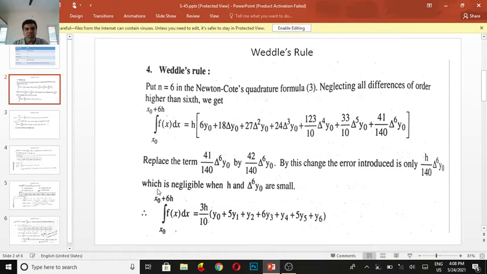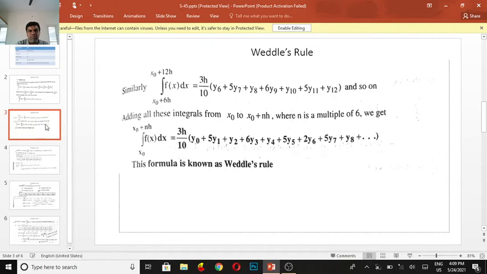Now let us come to a few examples in the form of problems. First, given the function, we divide the given interval into a number of subintervals to find y0, y1, y2, y3, y4 and so on. Then, similarly, the integral from x0 plus 6h to x0 plus 12h f of x is 3h by 10 times y6 plus 5 y7 plus y8 plus 6 y9 plus y10 plus 5 y11 plus y12